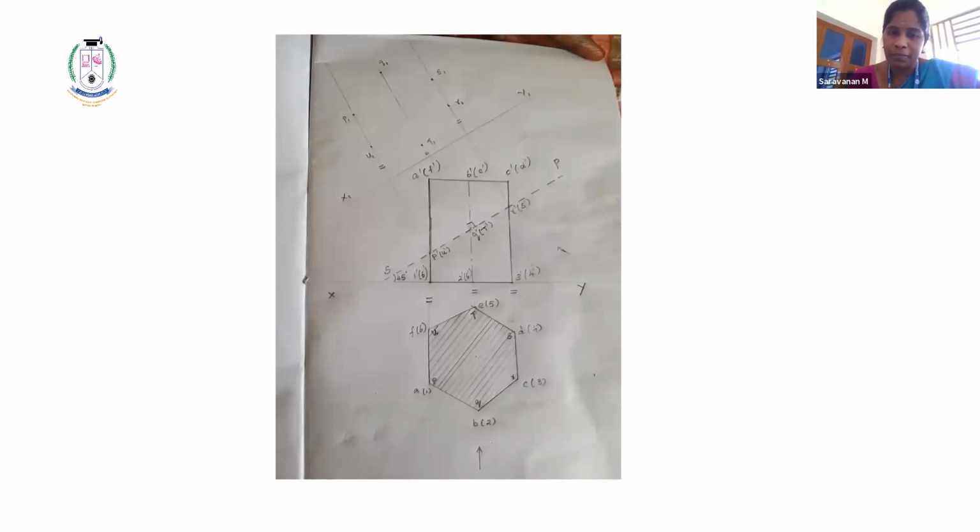So from the reference line XY, take from 2 to T, measure, go to the new reference line X1, Y1, mark the point T. And then again from XY, measure from 2 to Q, go to the new reference line X1, Y1, mark the point Q. Next one, next corner, 3.